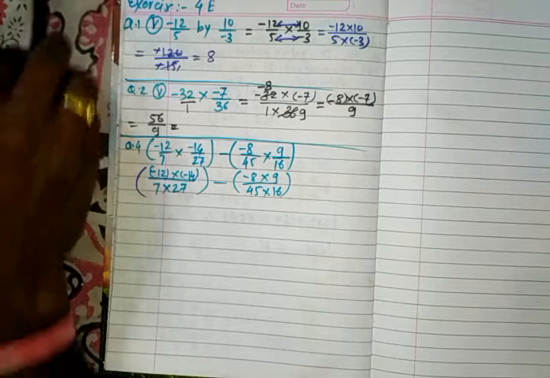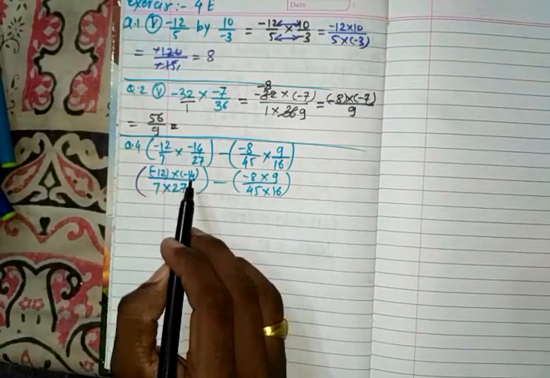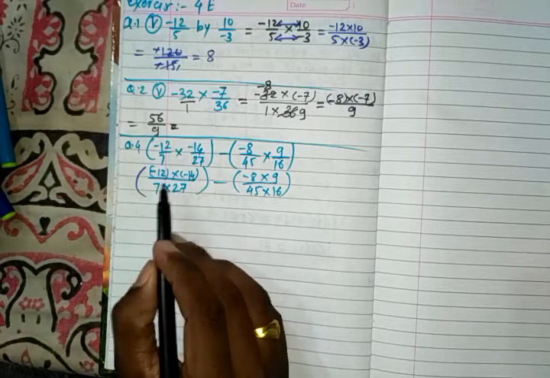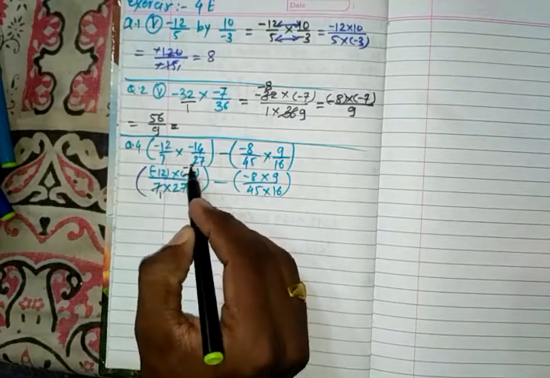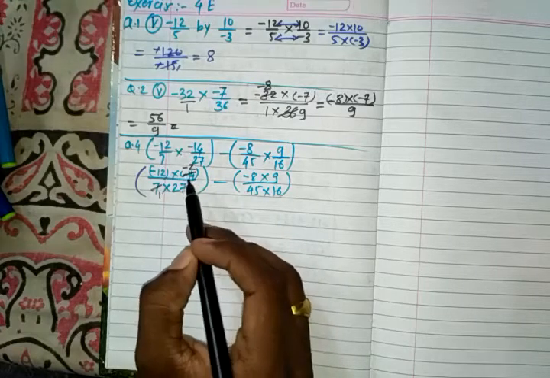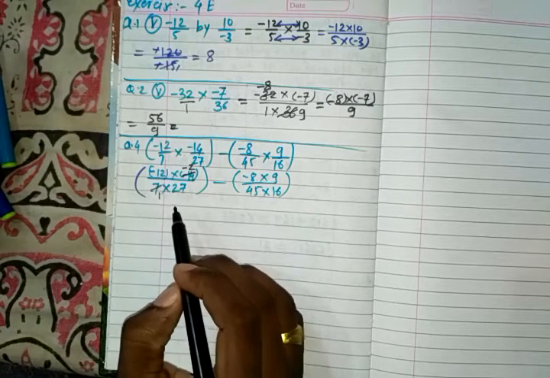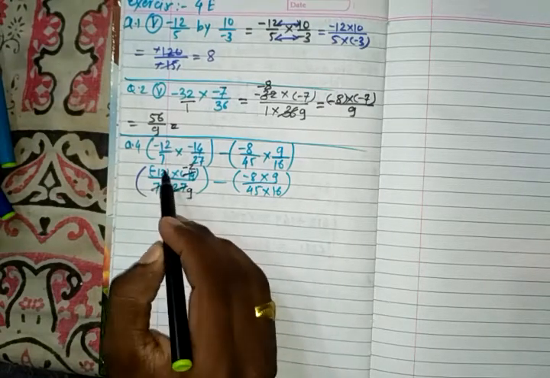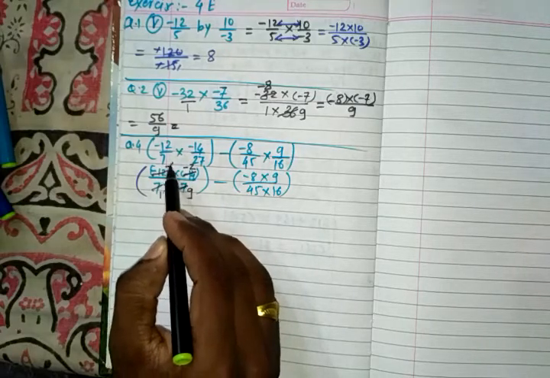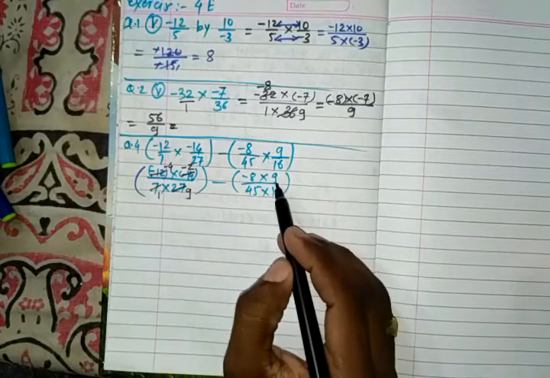Now what will we do? We will see which is a multiple of which number. 14 is a multiple of 7. 7 ones are 7, 7 twos are 14. Now again see 12 and 27. Yes, they are also multiples of 3. 3 nines are 27 and 3 fours are 12, but it is minus because 12 was minus.